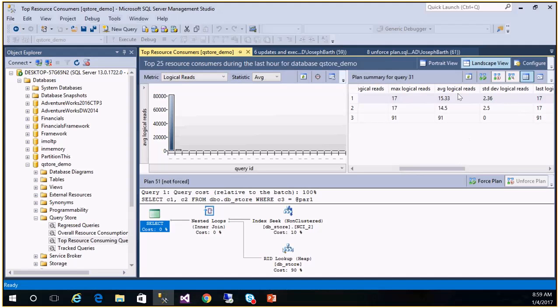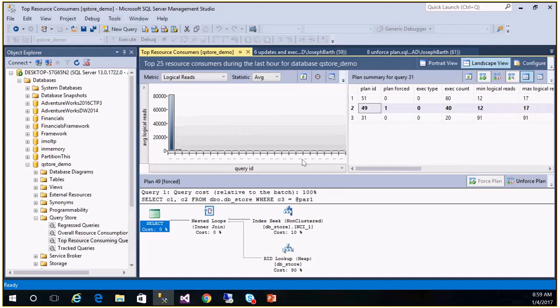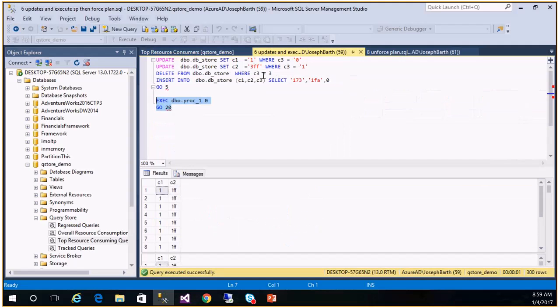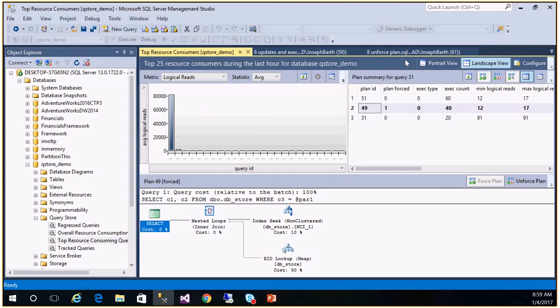Let's see, it's not fine, because we want to force that to be that better plan. See, it's just getting worse and worse. As you probably do to that index, it's doing more logical reads. So you probably want to keep it there, and then you can run it. So you're definitely going to have to, over time, look at what's best for